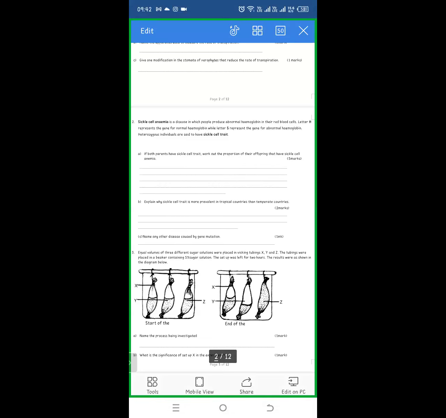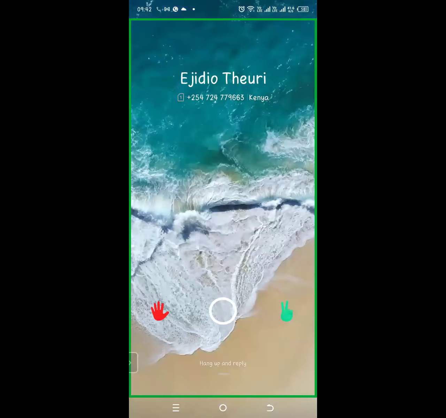In fact, what Kibe gave us, that is HBA and HBS, would score wrongly, but the explanation was right. It should be H and S only. So if one uses HB, that is the abbreviation of hemoglobin, they should put HB with H in superscript, then HB with S in superscript, to show that letter H is for normal hemoglobin and letter S is for the abnormal hemoglobin. Oh, thank you. You are most welcome. And by the way, when we look at genetic cross, the genetic process that we have,